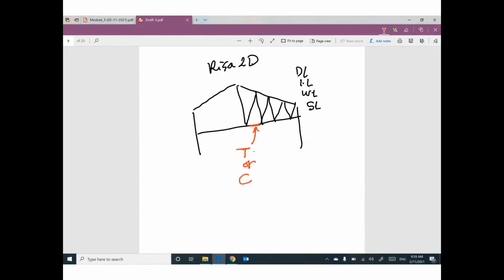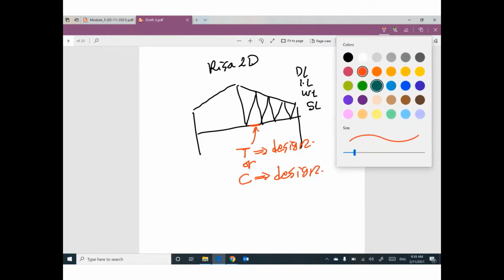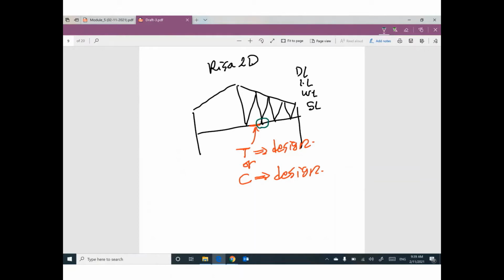If the member is in tension, I can design it. We learned last week how to design tension members, and last meeting, we learned how to design compression members. That's right. So right now, we need to figure out how we can design this connection. We have 3 or 4 or 5 members connected together at a joint. What does this joint look like, and how many bolts do I need?